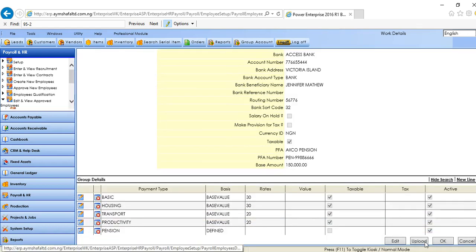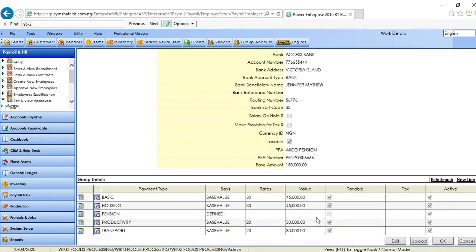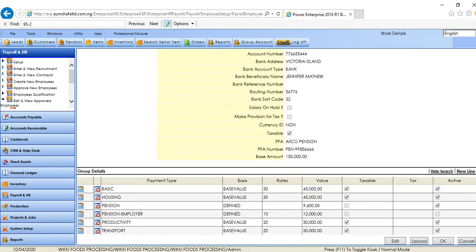And I'll click on upload. The first time I click on upload, the validation will occur. You can see. So I have to click upload again so that it can validate all. As you can see, this is the pension, 9,600, being 8% of basic, housing and transport. Then this is the pension employer. So I'm going to click on OK